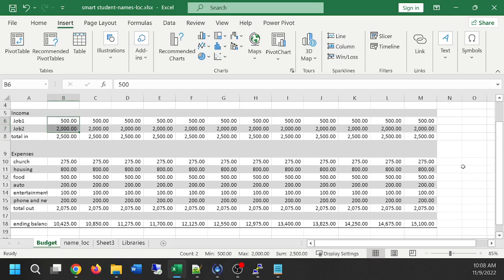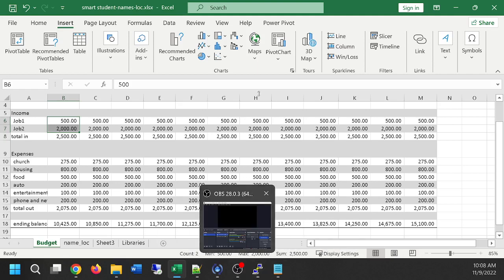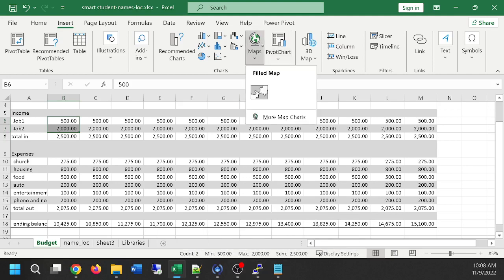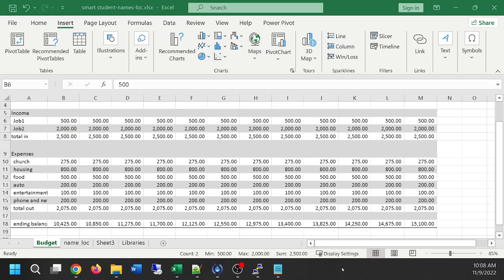I'm going to see if I can figure out that mapping. It looks like for our Mac people, all they have is this available. We'll see if we can get that working. I was all excited to show you 3D map. And that copy paste thing, I don't know why that messed up for you. Yeah, once you're uploaded,